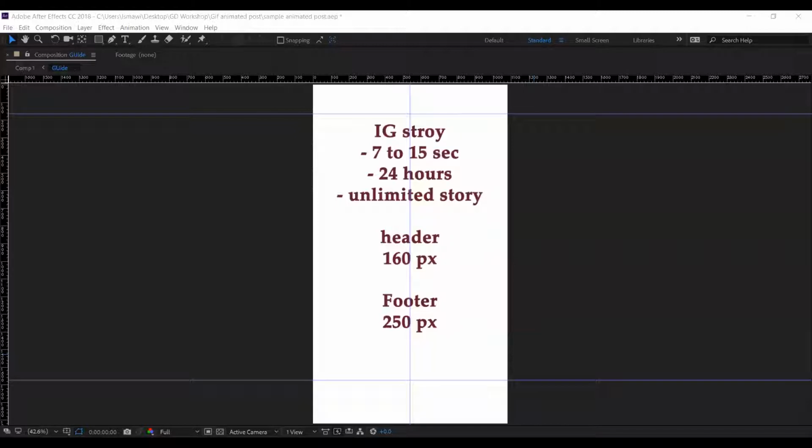As you can see on my monitor, I already wrote down that the header takes around 160 pixels, and the footer will be around 250 pixels. I'm going to show you an example of it.